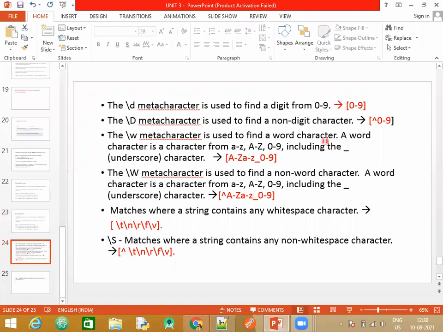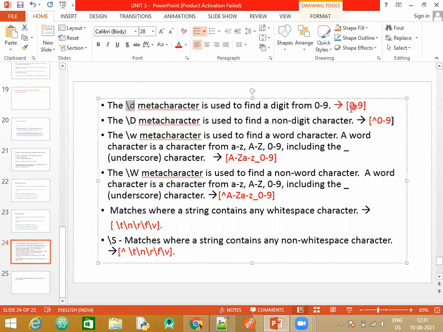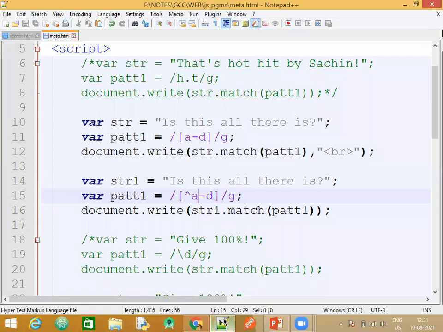Next one, we are going to start with what are called meta characters. Instead of using the character class, instead of giving in brackets A to Z, for digits, you will give it from 0 to 9. Numbers range from 0 to 9. What is the shortcut? Instead of giving 0 to 9, you can just mention the small slash d. Both functionality is the same. One option is to go by character class. One option is to directly make use of this slash d. So this slash d here that you can see is equivalent to this 0 to 9. Let's see one example here now.